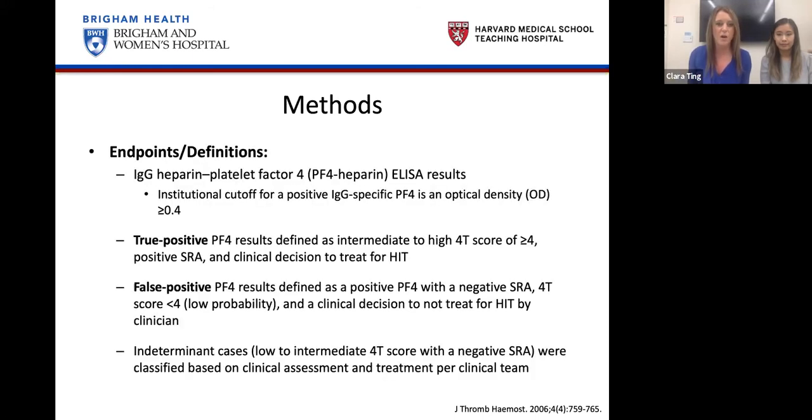So to get into some more endpoints and definitions, at our institution we utilize an IgG heparin platelet factor 4 ELISA assay, and our cutoff for a positive PF4 is an optical density, or OD, of greater than or equal to 0.4. A true positive PF4, as defined by our study, is a patient who had an intermediate to high 4T score, as well as an optical density of greater than or equal to 0.4,